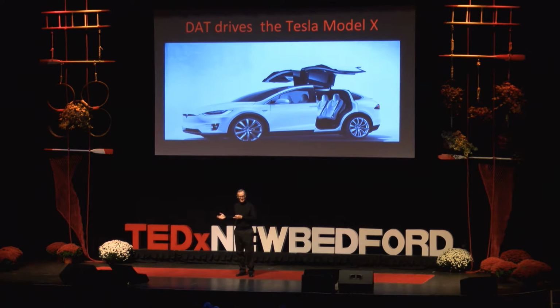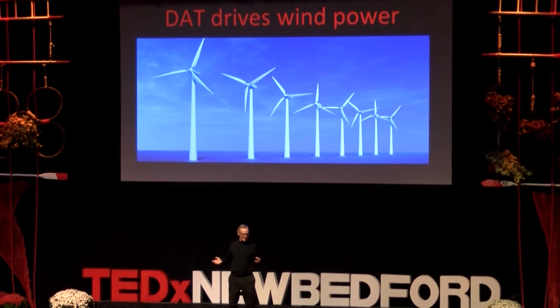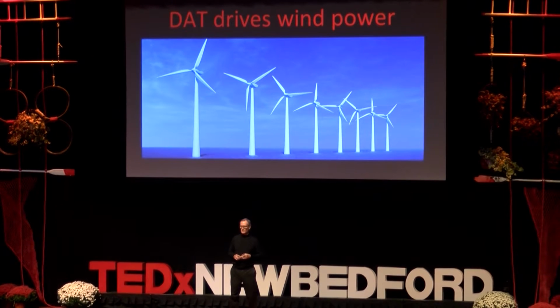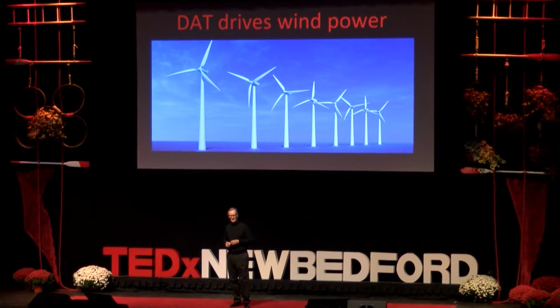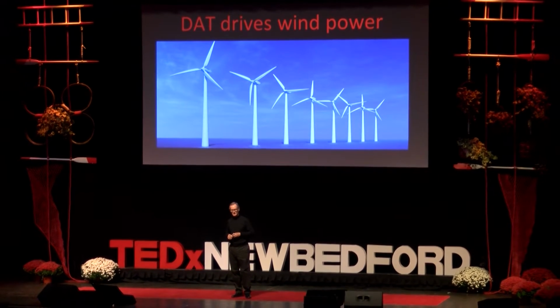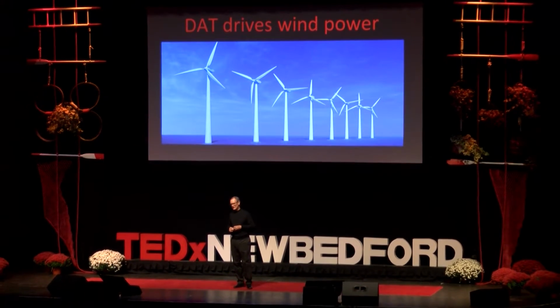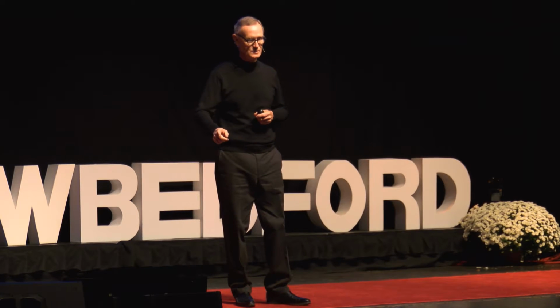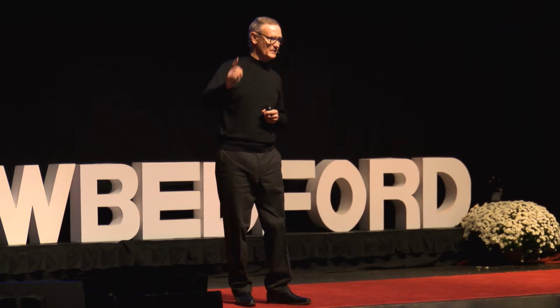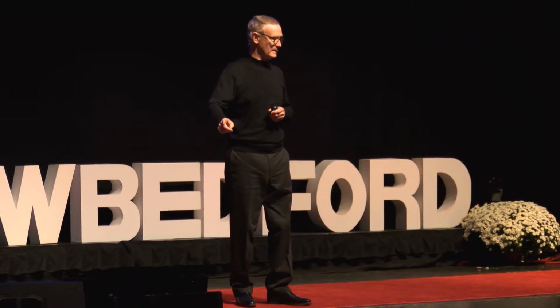Of course, the scientific developments that are enabling cars like Tesla, but adding the beauty of those extraordinary designs, again, are examples of DAT. Even these wind power devices, which are beginning to populate our environment and changing the way in which we derive energy, come from the combination of design and technology and art. These are beautiful objects. Now, I know some people who live along the coast don't like to see them, but they are the new beauty of the future and energy.